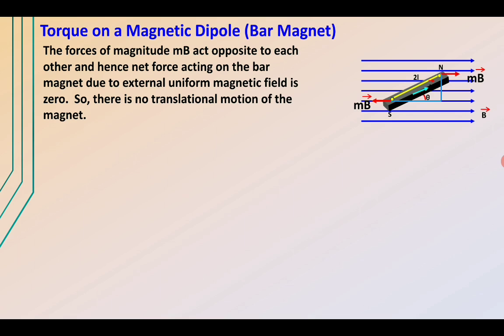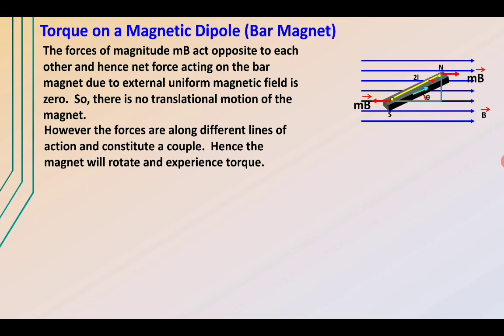So there is no translational motion of this bar magnet placed in the magnetic field, but the forces along different lines of action constitute a couple. So the forces are acting on two different lines of action, and hence this magnet will rotate